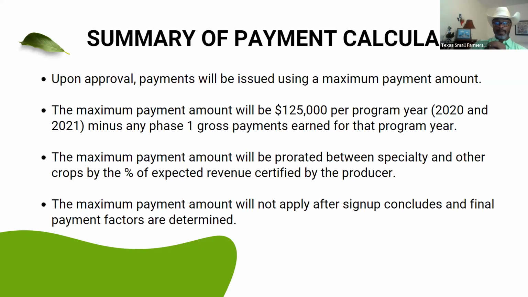year. Okay. Maximum payment will be prorated between specialty and other crops by the percentage of expected revenue certified by you, the producer, and the maximum payment amount will not apply after sign-up concludes and final payment factors are determined. I think I have a note here that Joshua, you did want to do a quick side note on this